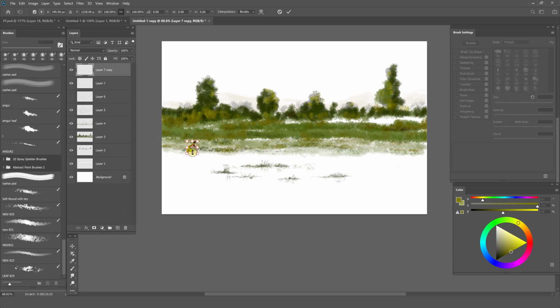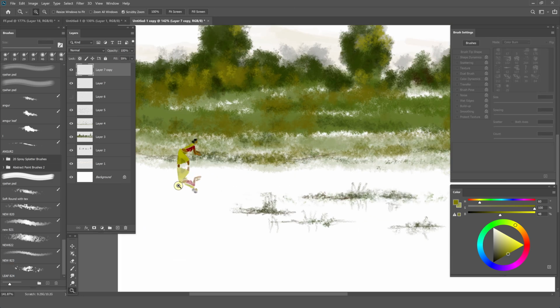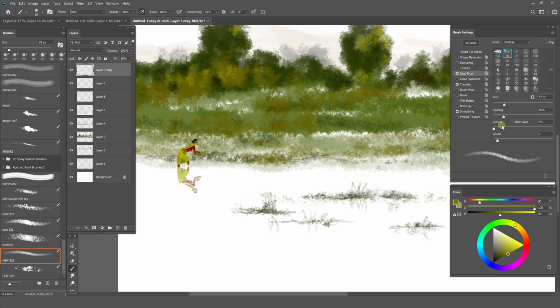A multi-layer based image always gives you an opportunity to resize or reposition your objects, or even remove your objects if you don't like it.